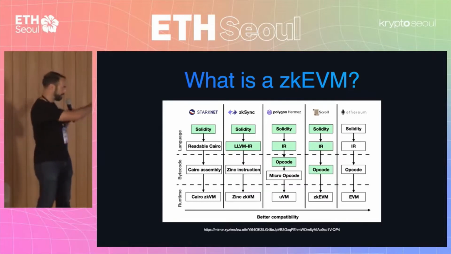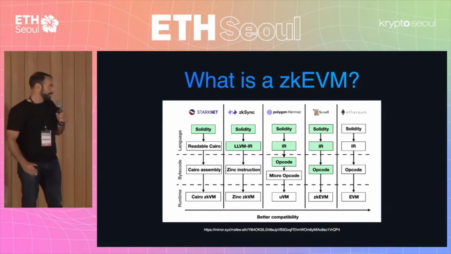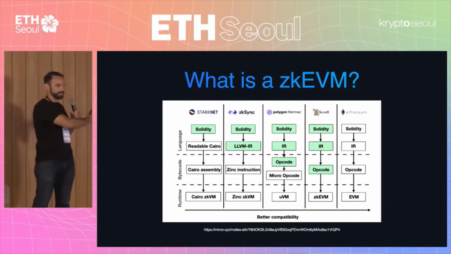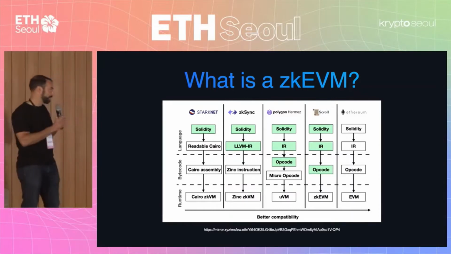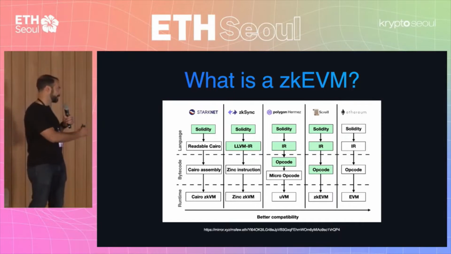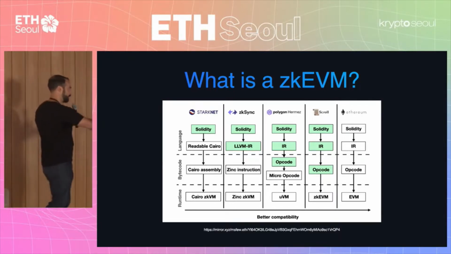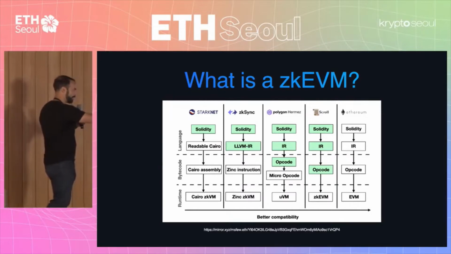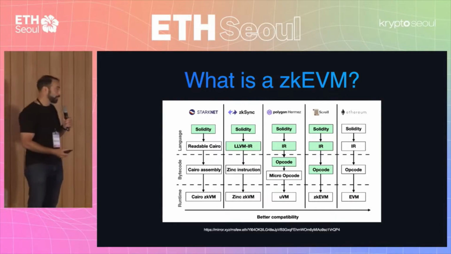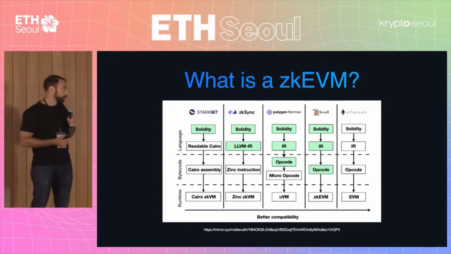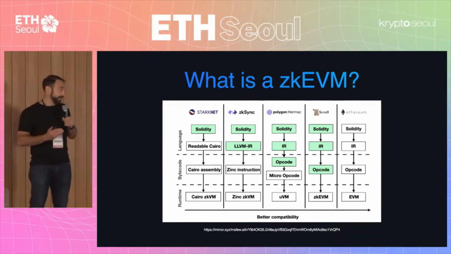But you can see there's the definition on the far right side of what the computing model of Ethereum kind of looks like. And you have all these increasingly distant, different projects that have implemented what people term as ZK EVMs in different ways, increasingly distant in terms of compatibility. Although I would say, in addition to the arrow on the bottom that goes to compatibility, I would also put an arrow that ran the other way about performance. And so the TLDR is, at least today, as far as we know, the closer you try to get to a ZK EVM model that emulates exactly the Ethereum model, you pay a quite heavy penalty in performance.